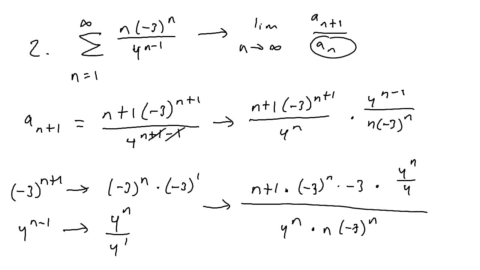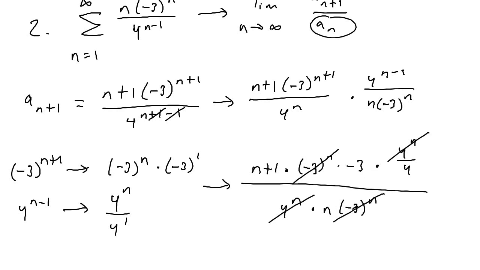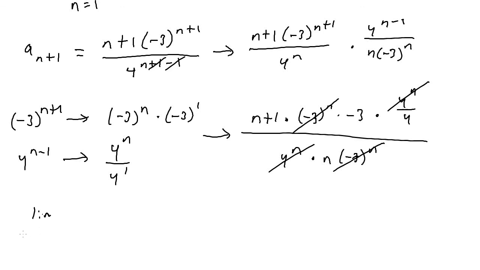So now this is all a matter of elimination. Notice the negative 3 to the n's will cancel, the 4 to the n's will cancel, and so we're left with the limit as n approaches infinity